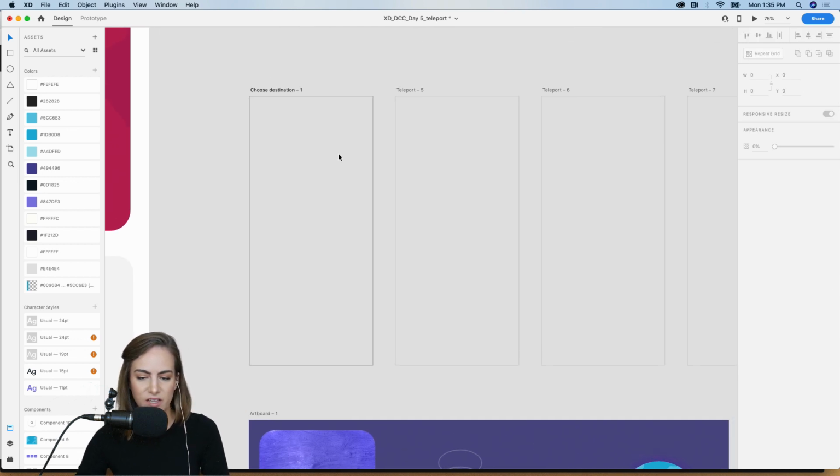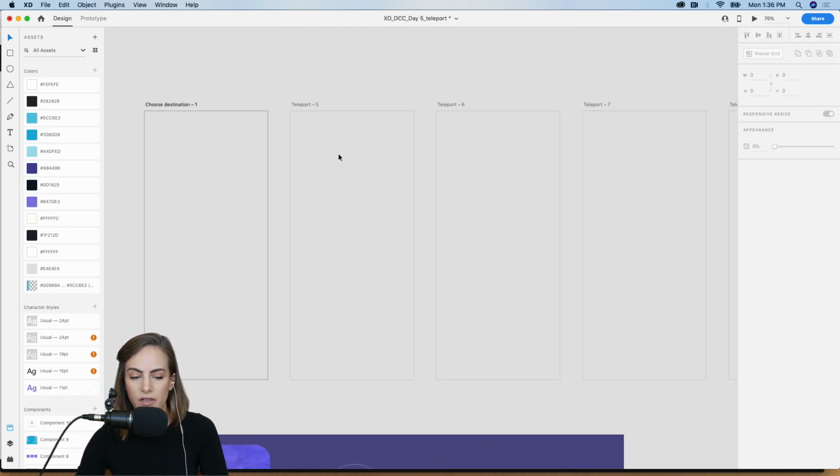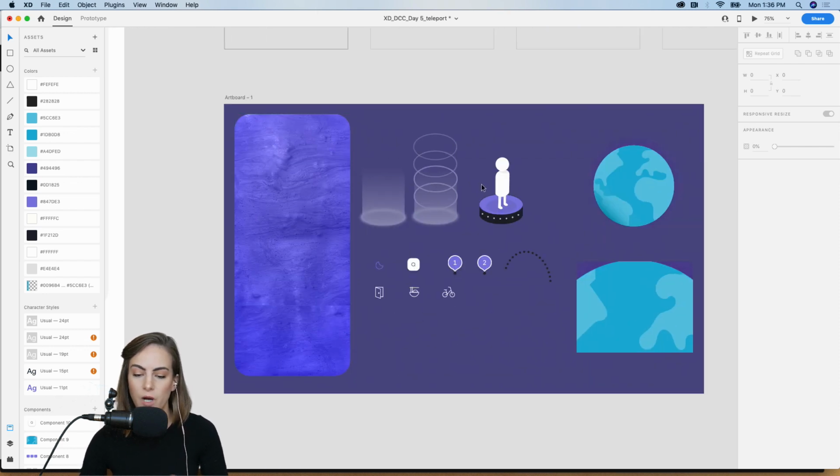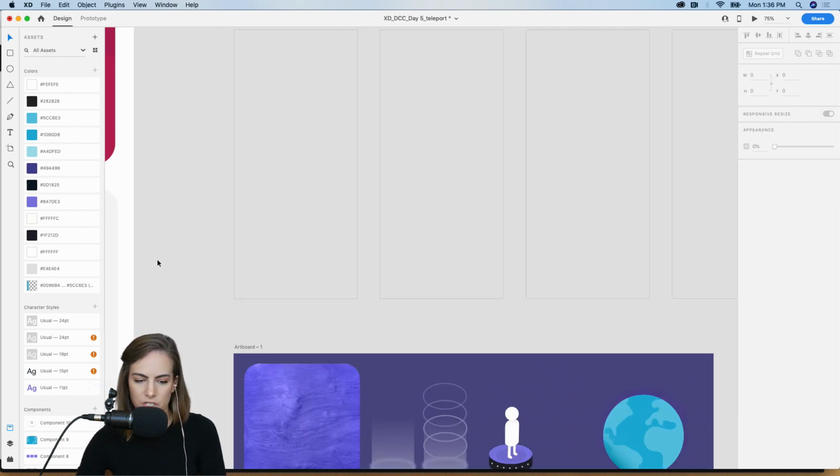Okay, I'm gonna delete that. I have a few artboards already laid out. I have some components down here. I feel like having an artboard with a random fill in the background, and then all of my components already laid out, helps me visualize what I'm actually gonna be using. So that's been helpful for these challenges.